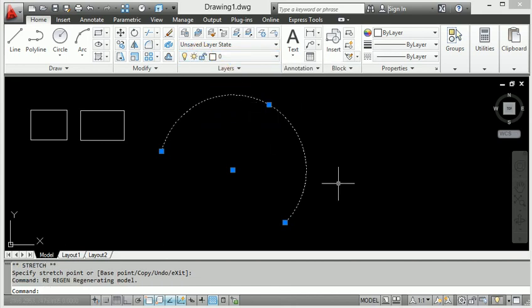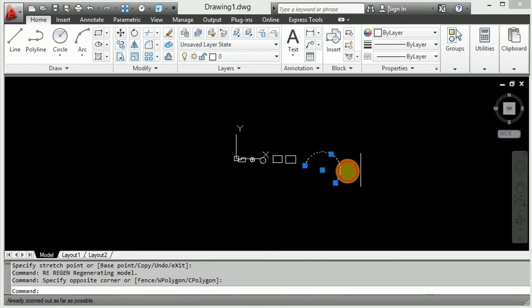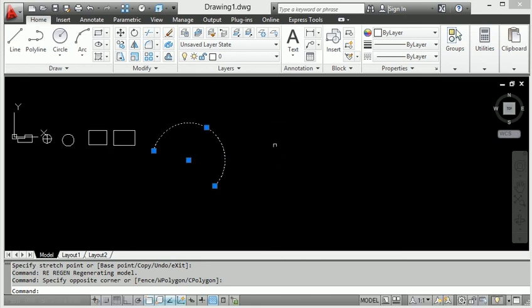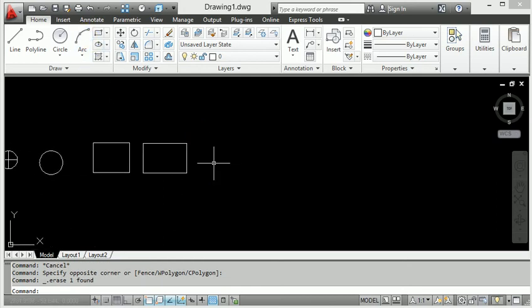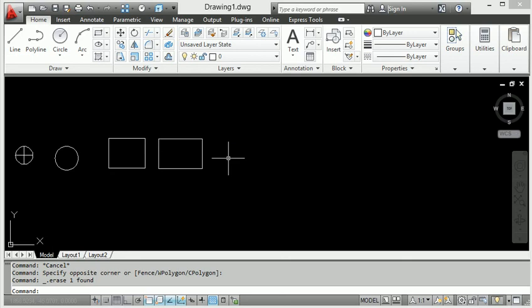The second way is to use the shortcut key for the arc command. The arc command is here, but now we use the shortcut key. Let's press A, enter, called the arc command.